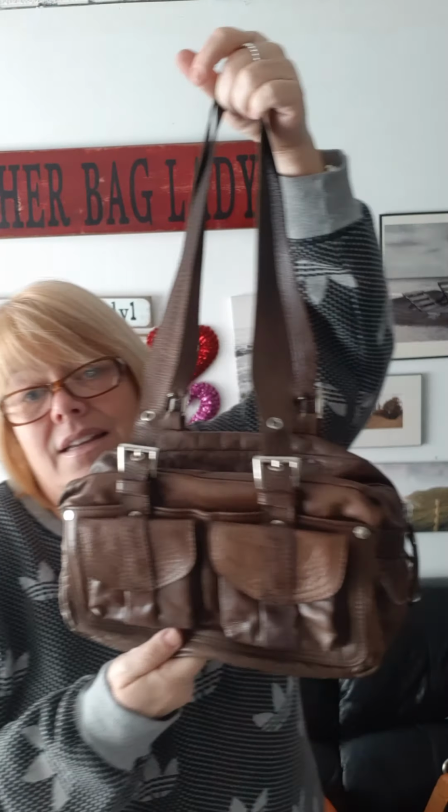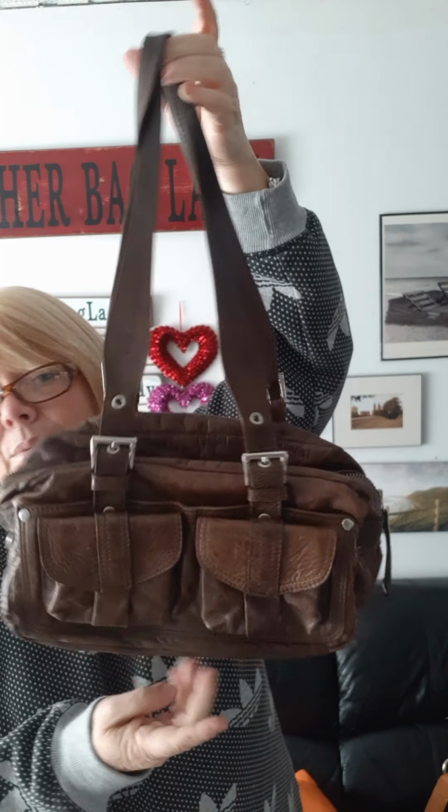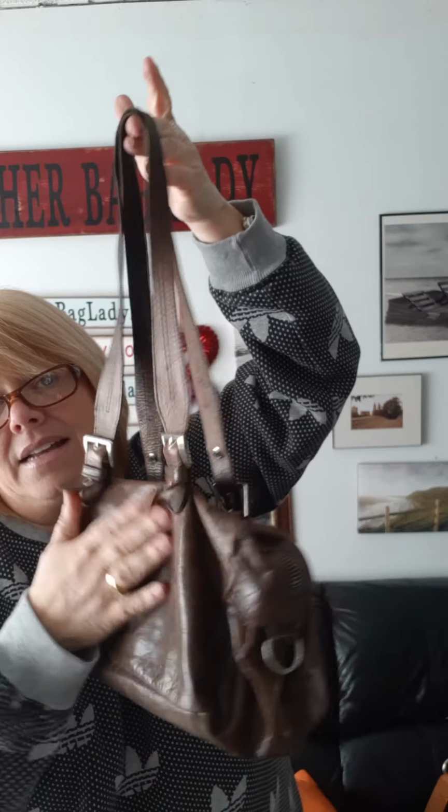Oh, there's a pocket here as well. And you can see there is some distressing there also. But Aldo is a great brand. Their quality when they were offering leather was fantastic. So anyway, it's listed, and